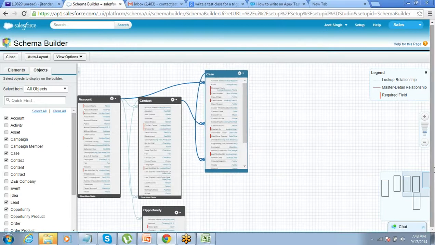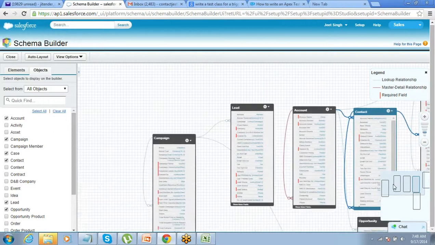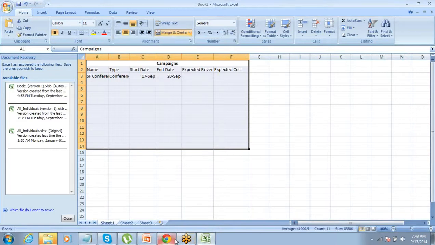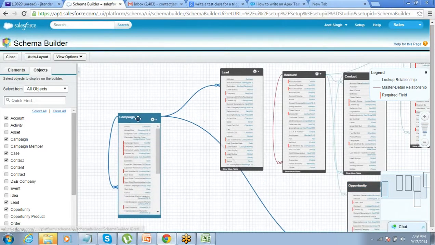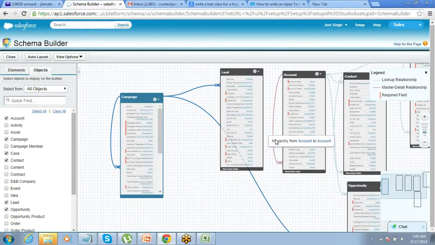Now this part is done. This all we have. Now yesterday when we were talking about, anyone has a question here? Yeah, I have a doubt. I have a question. So how is campaign and account related? Not related. No connection. Do you see any connection between these two? No. These are not related.